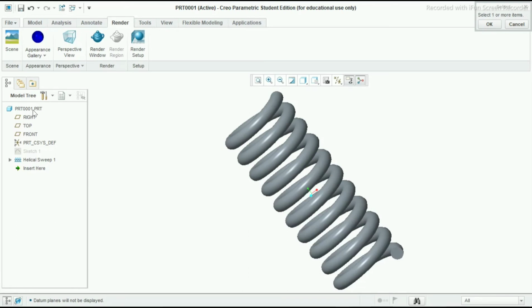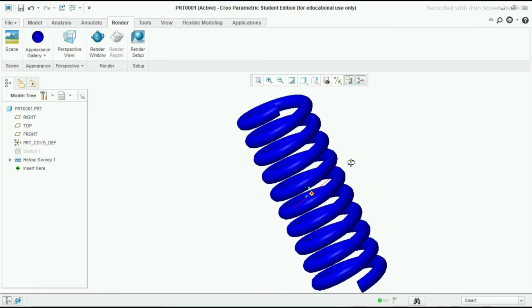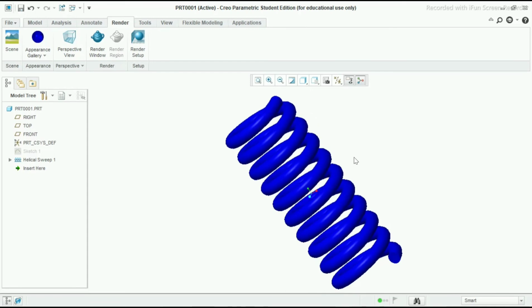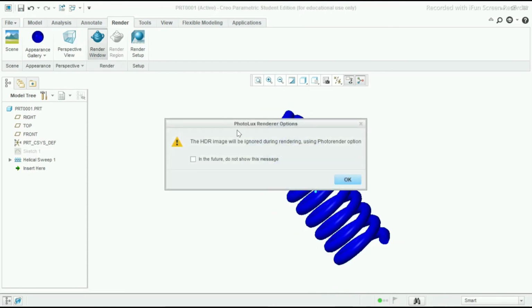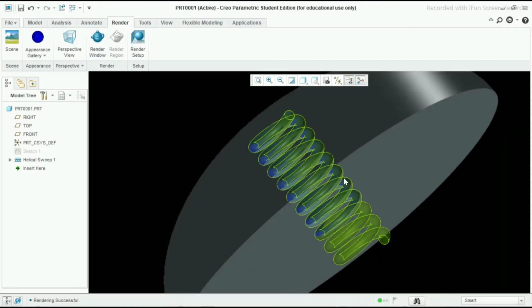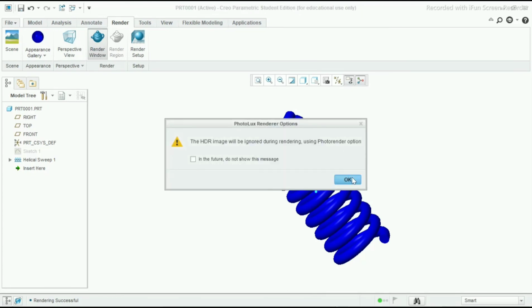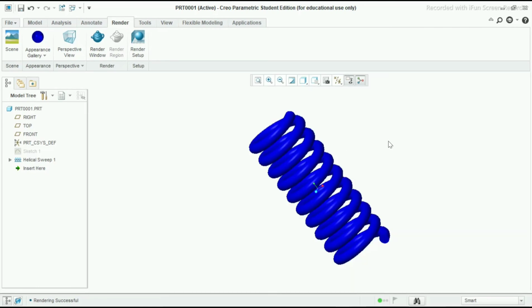So click on the model name in the model tree and click OK. Now it looks nice, and here I will go to render window and just click OK. Now you can see it looks very nice, as you see here.